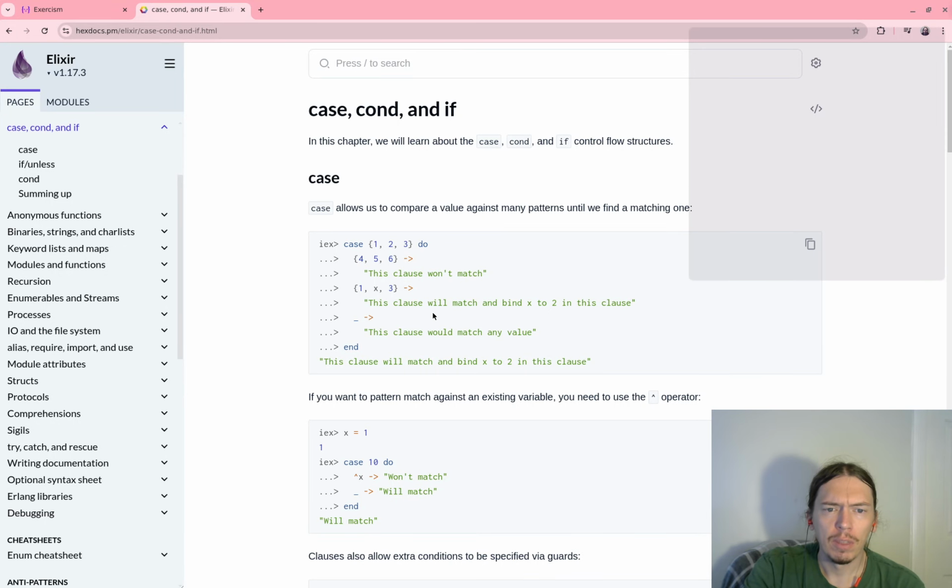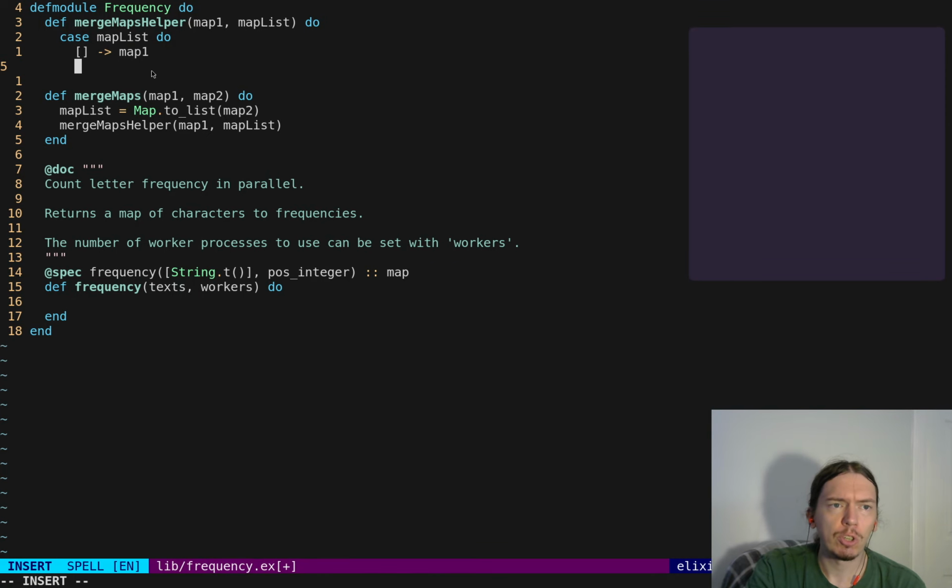And then the second clause, wait. Yeah. So if it's empty, we just return map 1. Then the second clause will be entry rest. And in this case, we return merge maps helper, and we pass in map put